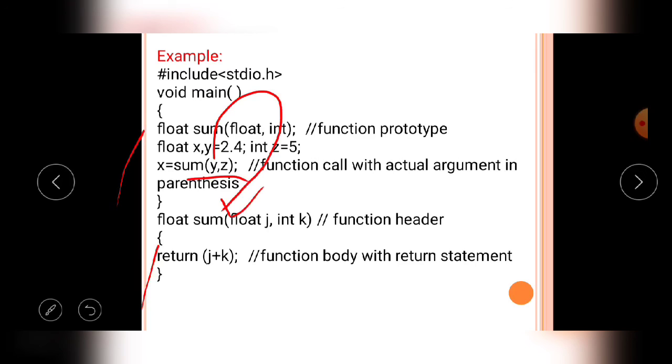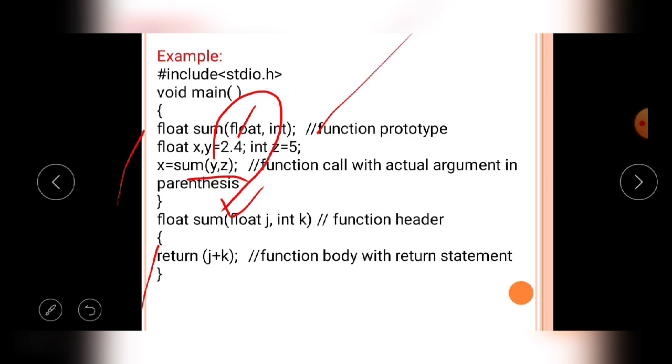While transferring from the caller function to the calling function, it will take the two values, that is y, z. The y variable contains 2.4 and the z variable contains 5. So the y, z variables are called actual arguments. The actual arguments are the donors to the calling function.